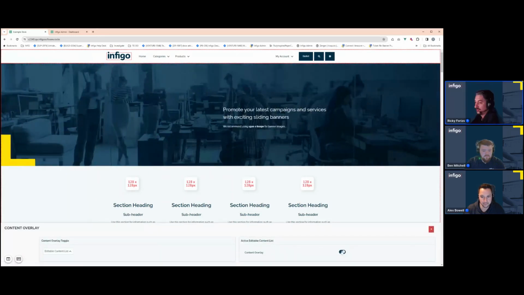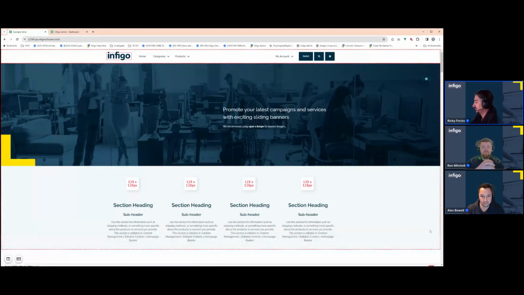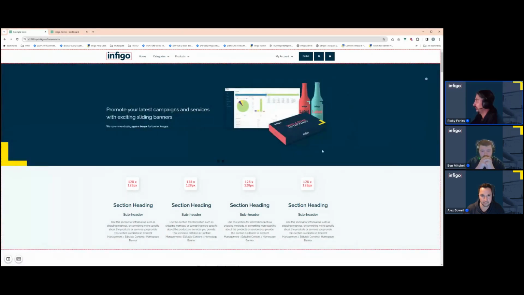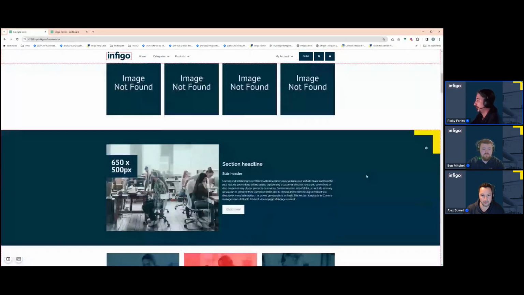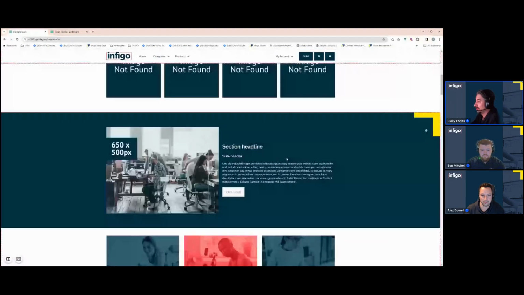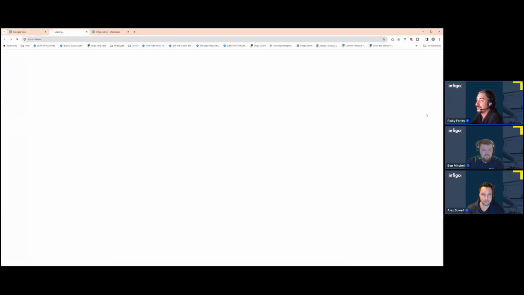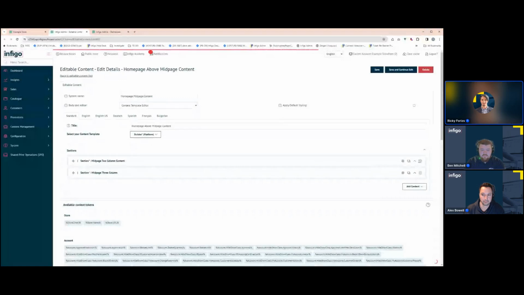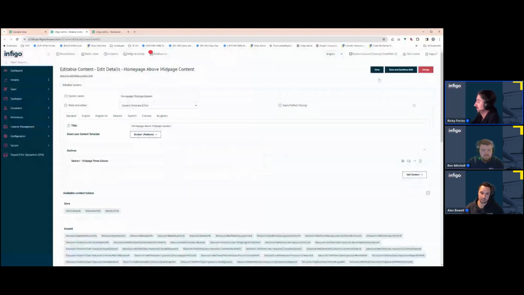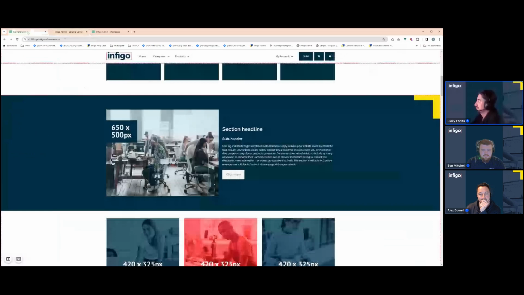So I switched the content overlay on, and now we have a dotted red line around every section that has an editable content reference within the backend. So let's say on this section, I want to remove the image, this blue section. I can click on the edit homepage midpage content button. That will take me directly into the admin area where this lives, and I can just remove that section, save it,